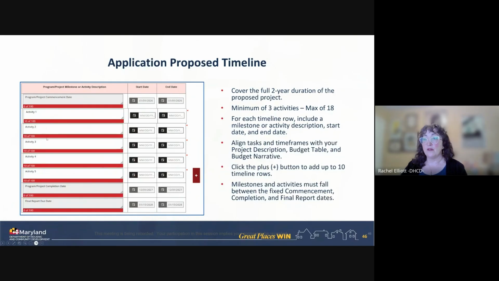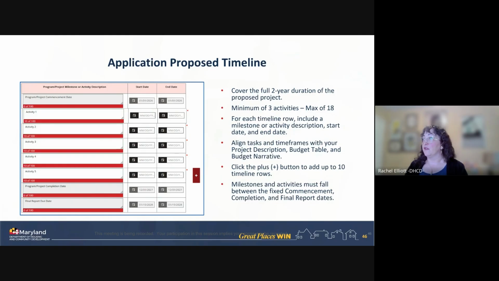You put in activity 1, 2, and 3, but you can put in up to 18 activities just by using this plus button. Those are in addition to the grayed out ones, which are pre-populated by us and you cannot change: when the program starts, when the program ends, and when your final report is due, which is actually not the 15th, it's now the 30th, but I will make sure that's changed in the system.